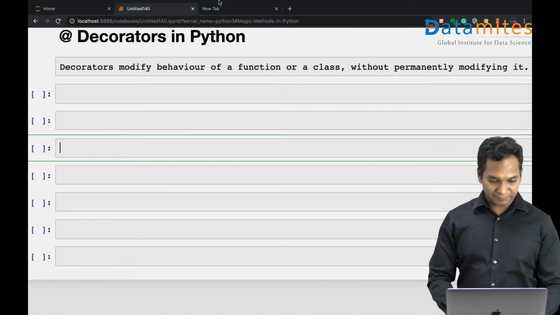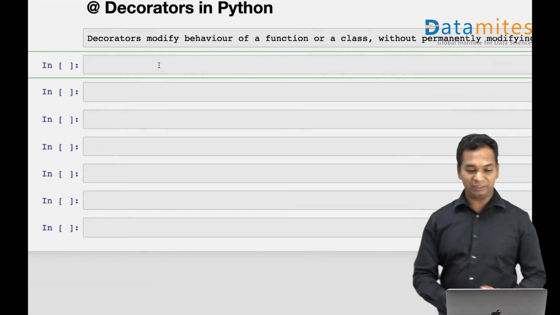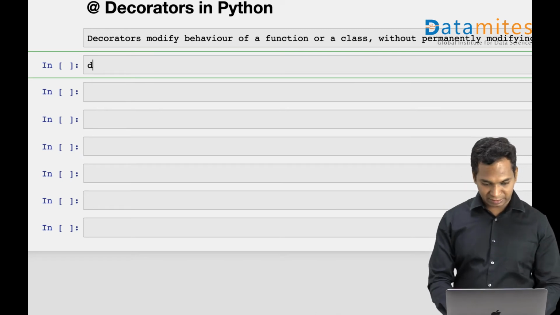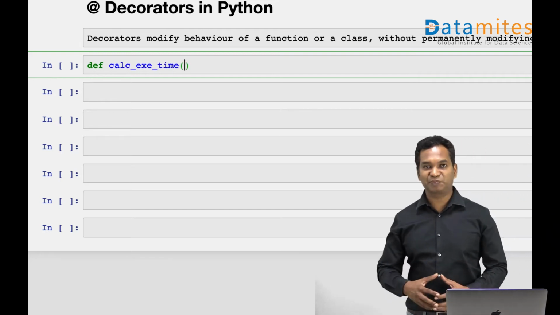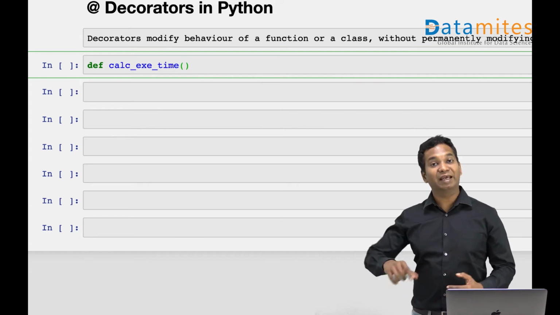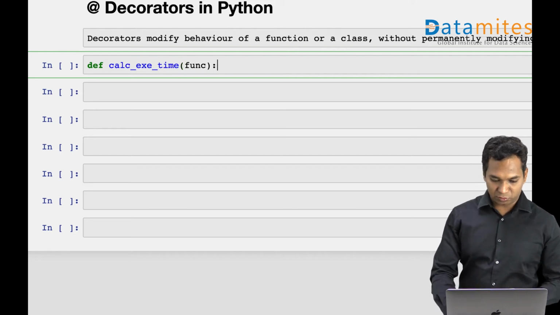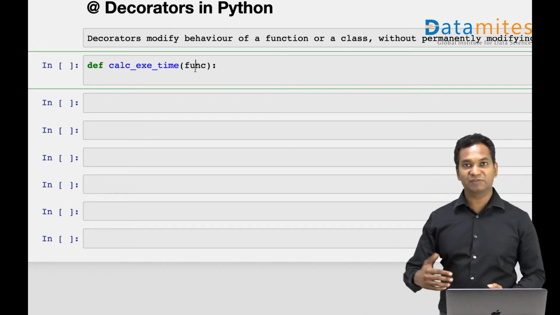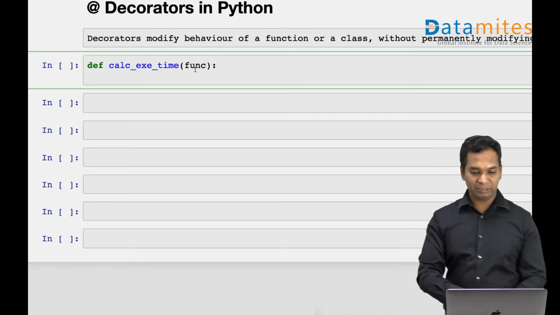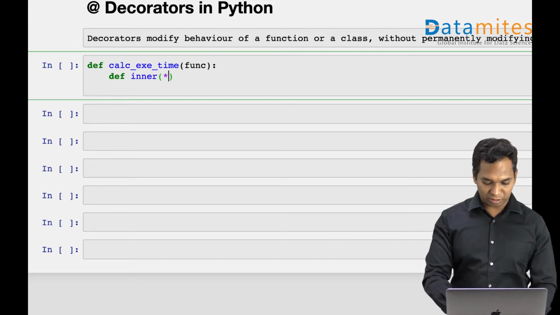So let me define a wrapper function. I call it calculate execution time. This function is expected to calculate how much time is taken by another function. So the argument of this function is actually another function. I'm taking a function as an input. This is just an argument name, and when I pass a function to it, it actually gets that function. Inside that I need to wrap another function,